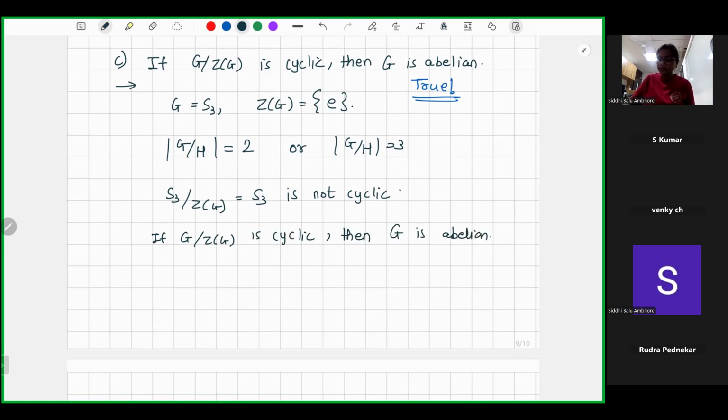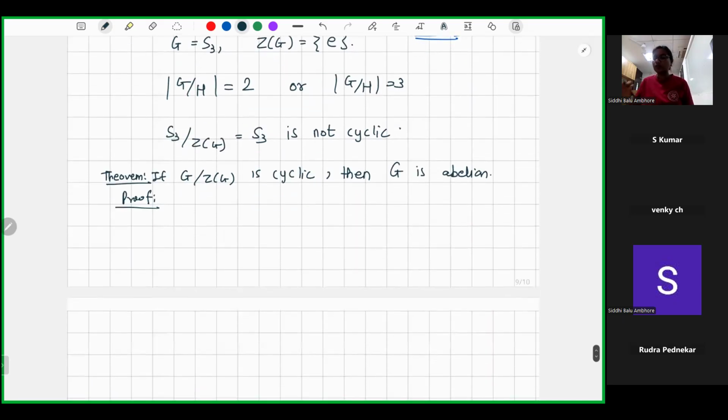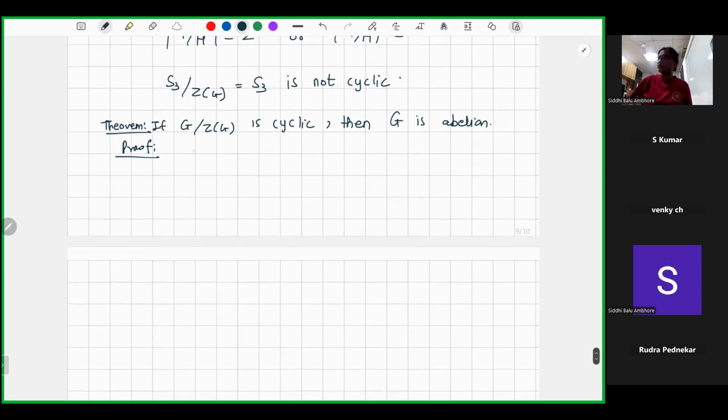Okay, this statement is true, and for the proof, maybe this theorem, you can always use this. Let G mod ZG be a cyclic group. Okay, then